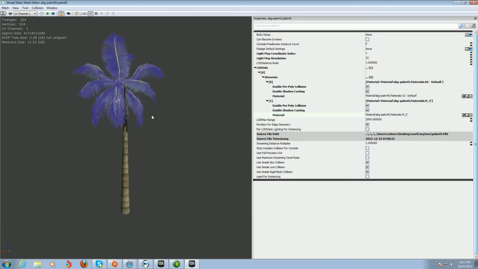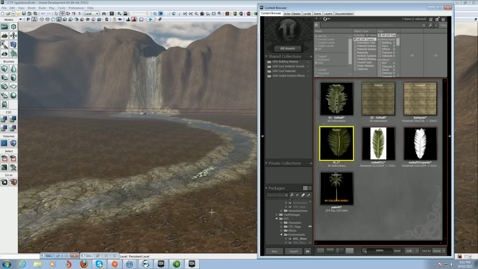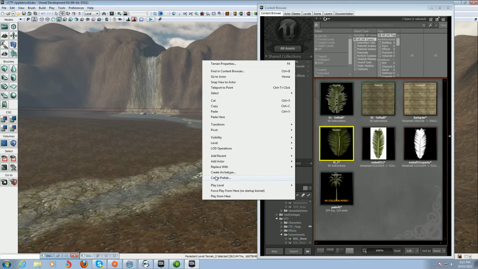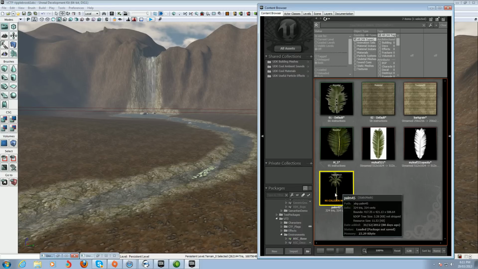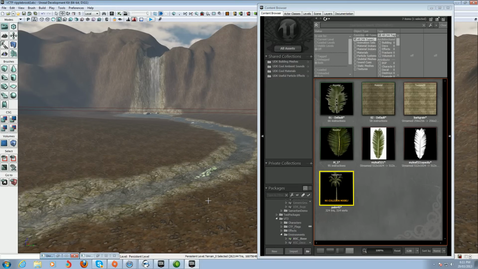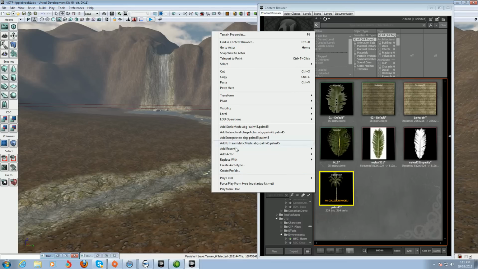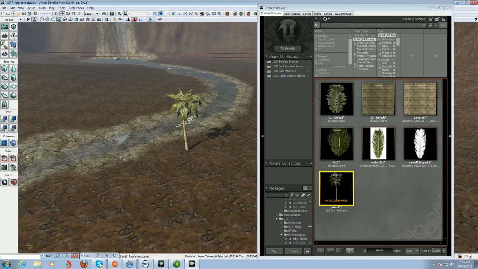Now you can see that tree is moving around now, blowing around, but see how it's moved off the stump. There's a couple of those blue things that I showed you before that you got to move around to stop it from moving off the stump. You got to adjust the number on them. Now if I place this down here, is this loaded? Right, now it's loaded. I can plant it. Just right click on the ground a few times, add static mesh. Now you can see it's blowing around,